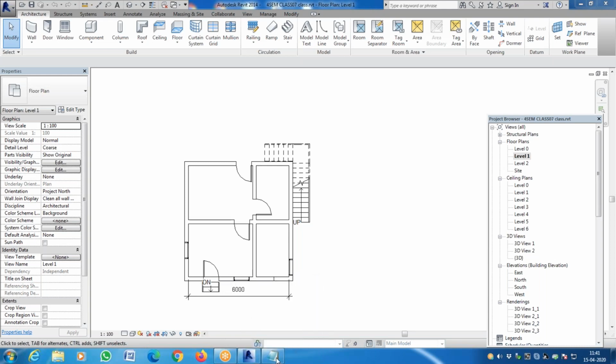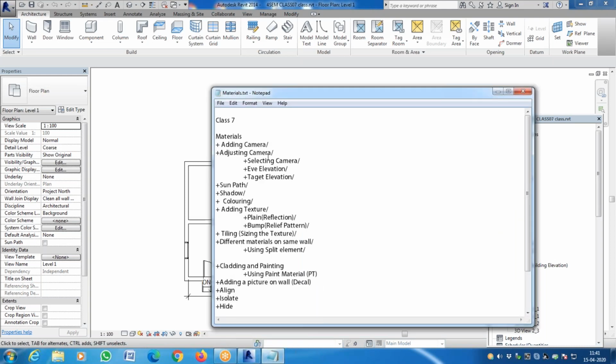Yesterday I detailed clearly how to work on materials. At least I have finished with this list: camera, adjusting a camera, eye elevation, that is eye level, target elevation, the target level, the sun path, shadow, and how you understand how your building will look at various timings and in various seasons, coloring, how to color a wall, adding texture, plane